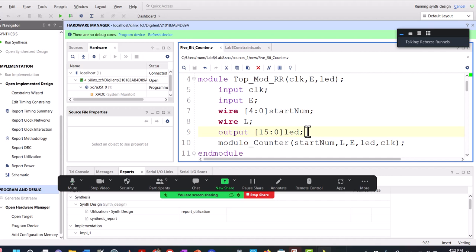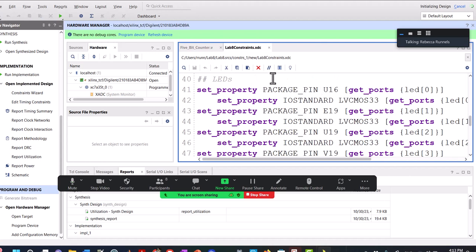And then your output is your LED. And then you need to instantiate, this is supposed to be combinational something or another. And then you'd have your inputs from that. So that's all your top module does. It just puts those things together. And then for the constraints, you would have